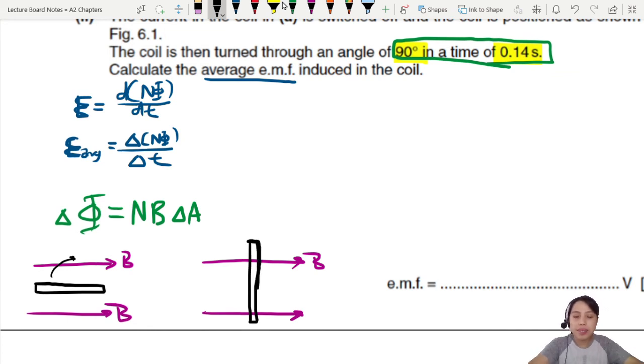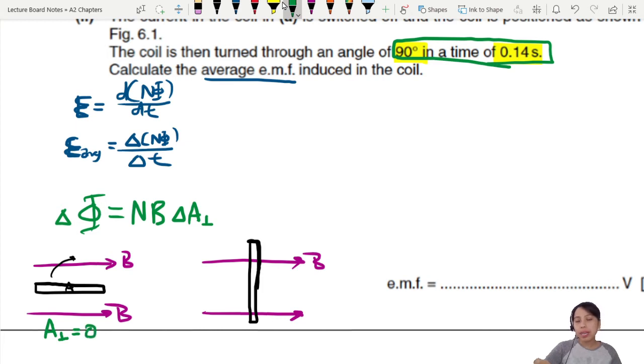Oh, I see. So think about the A in the diagram. When we say NBA, what's the A? A is the area normal to the magnetic field. So first one I want to ask you. Yes, this coil has an area. But is it normal to the magnetic field or not? No. So you can say here actually, the area that is normal to, or perpendicular to, the magnetic field